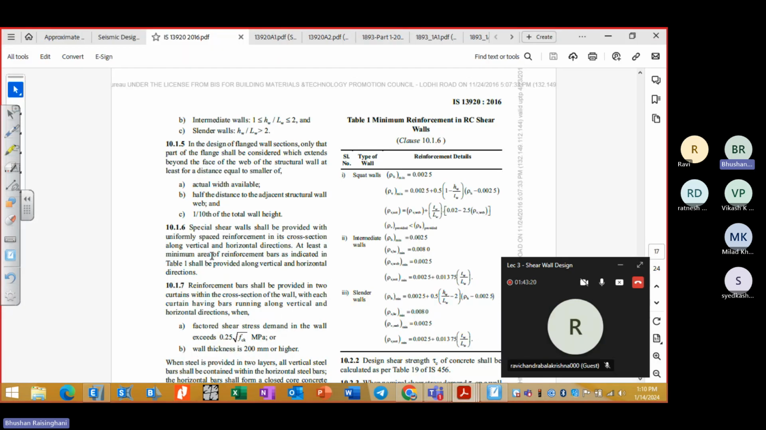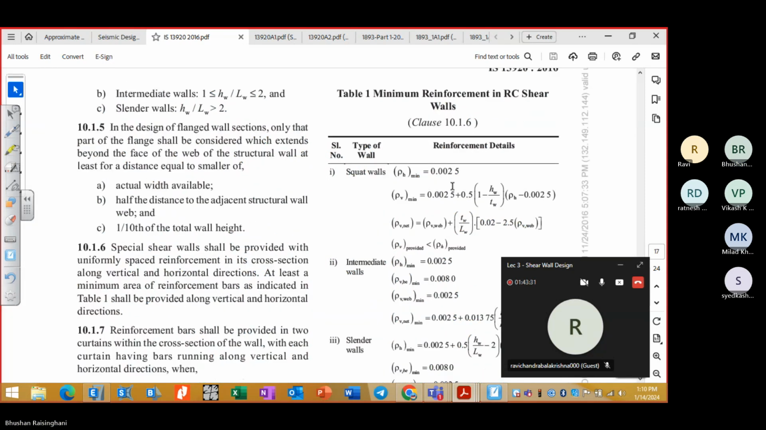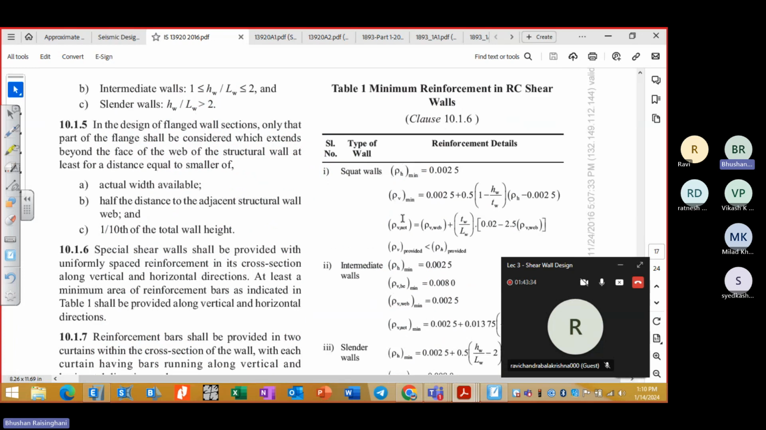Then at least a minimum area of reinforcement bars as indicated in Table 1 shall be provided. So this table gives the minimum reinforcement in the shear wall, and horizontal and vertical reinforcement have been defined here. So for squat walls, the horizontal minimum is 0.25%, and the vertical minimum is 0.25 plus 0.5 (1 minus height upon thickness of the wall), and whatever the horizontal